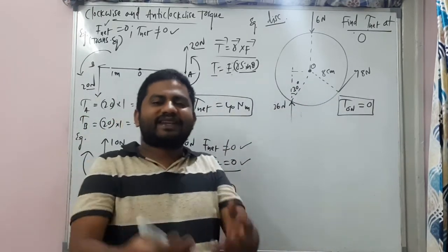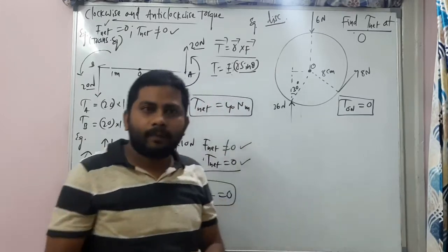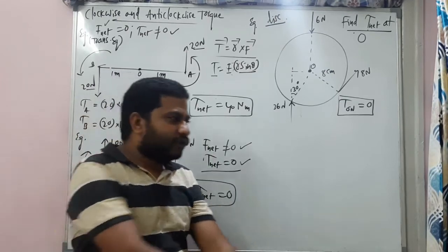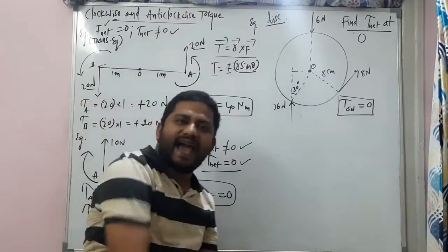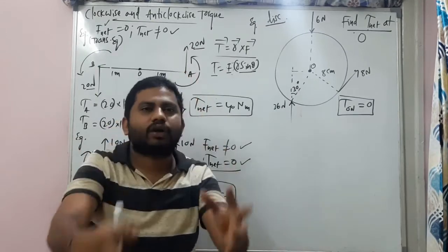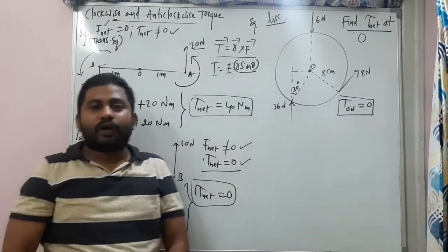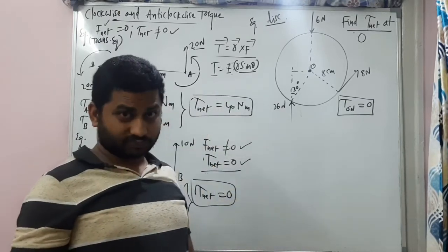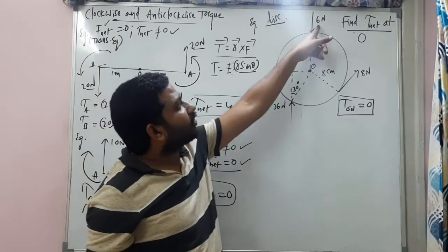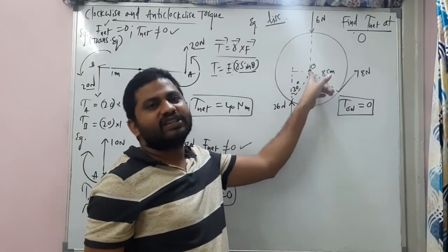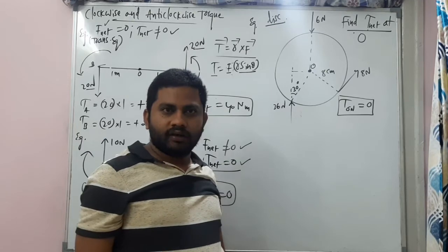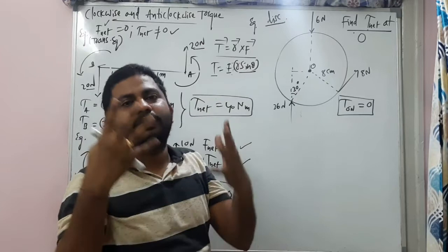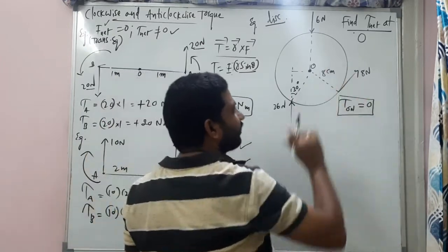Because we have discussed in the opening of the door condition, what we have discussed just now: if you apply a force exactly on the axis of rotation, you never open the door, because the torque produced will be zero, because R will become zero. So when the force is exactly acting on the center, which is the axis of rotation, the torque due to that force will be zero.